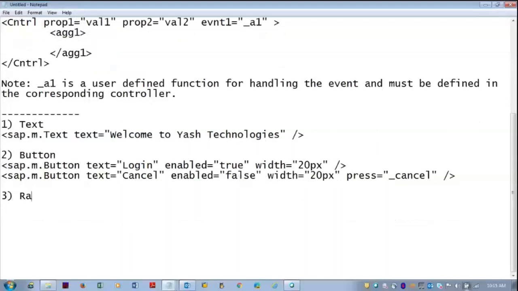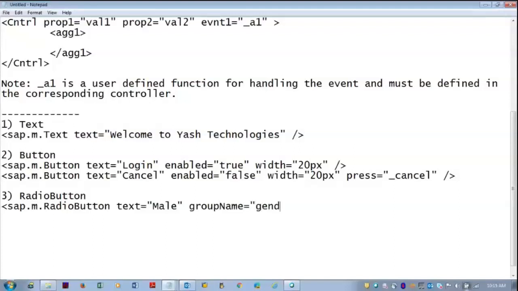Next we have two radio buttons with male and female. So sap.m.radio button with the text is equal to male with a group name, group name is equal to gender, and we can leave it here itself.